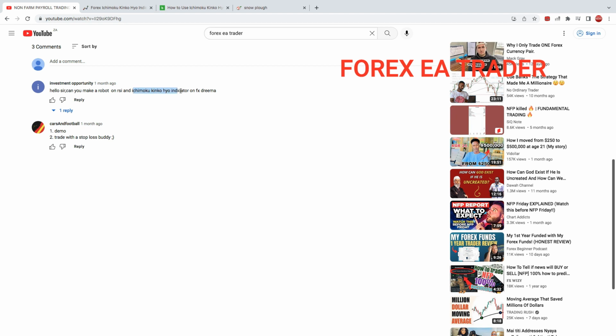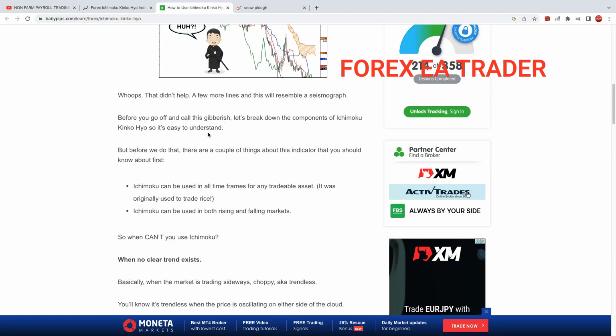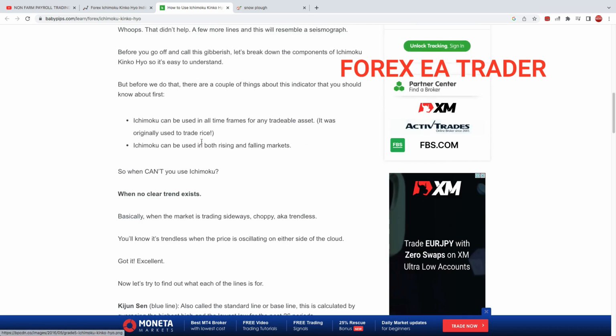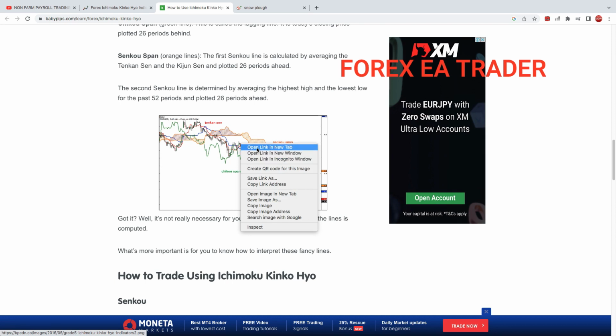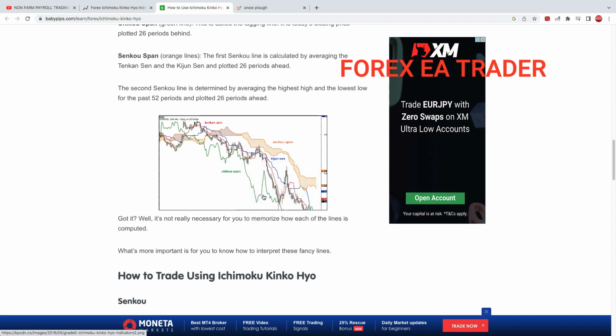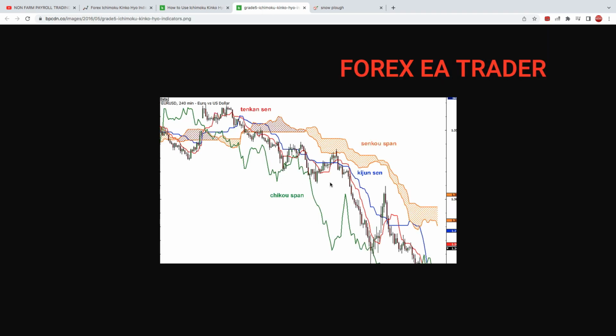I know of this indicator, so I've been doing a little digging to understand the strategy people use to trade it. I know people make money with this, but for me it's a messy way of looking at charts. I don't know if I'll be able to make money with this, but that's not the topic of this video. So I'm just going to show you the direction you need to take